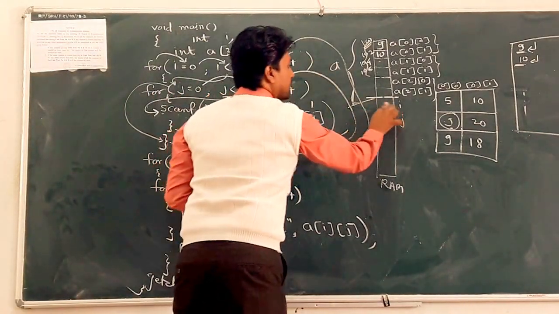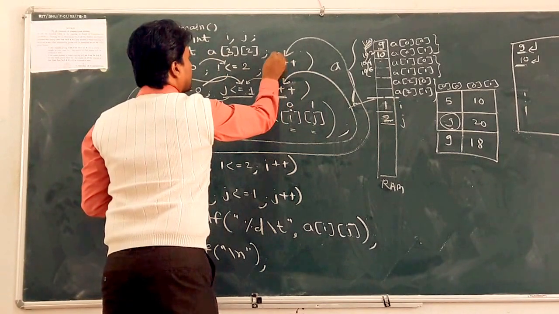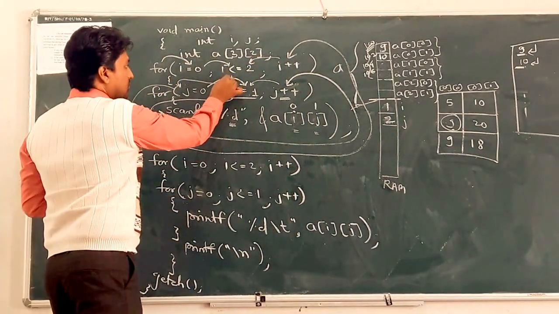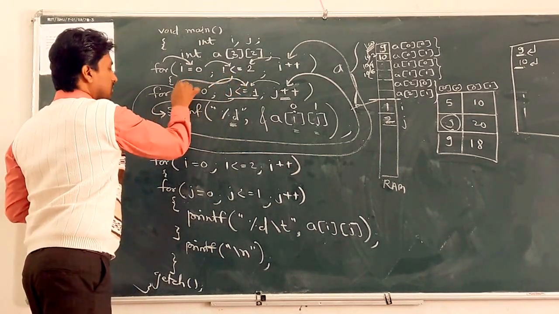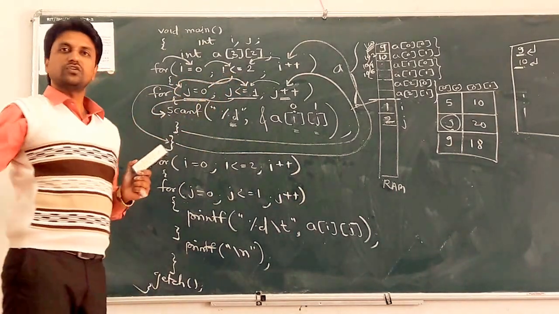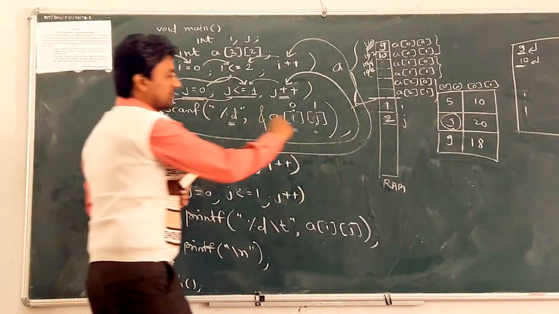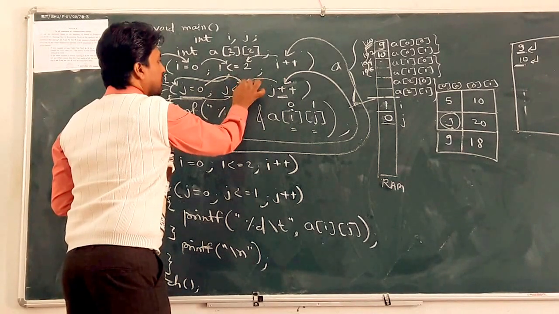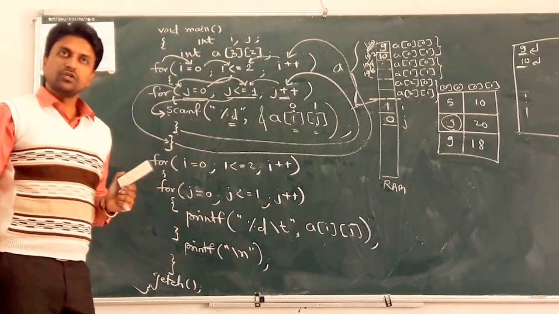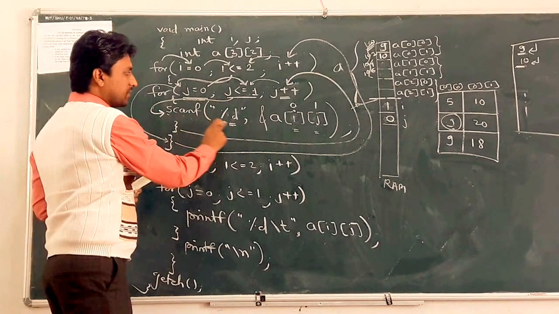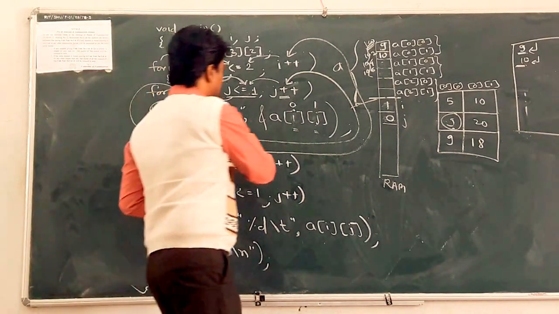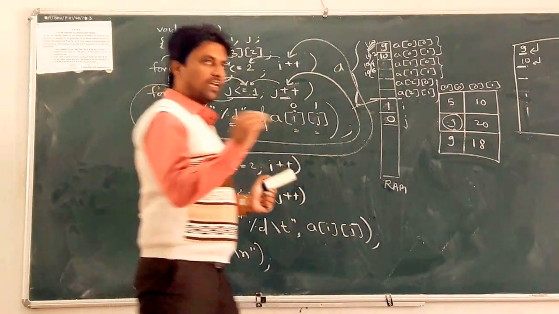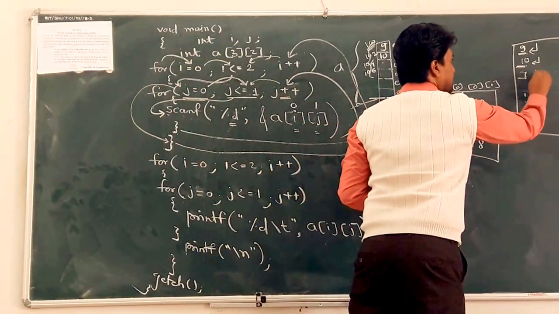So what is i plus plus now? 0 plus 1, so it becomes 1. Again 1 less than or equal to 2, condition true. Then the cursor goes similarly now. j is equal to 0, so j's value becomes 0. Next is the condition checking, 0 less than or equal to 1, condition true. Next scanf, percentage d, so the cursor blinks here. Whatever value you scan, suppose 7, press enter.